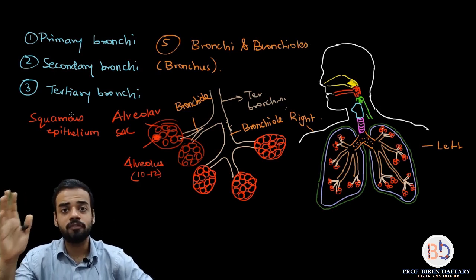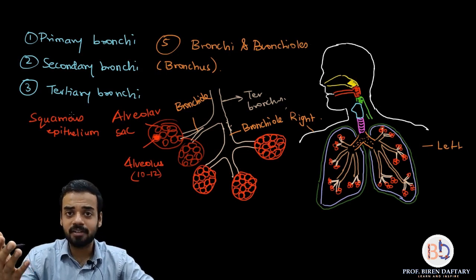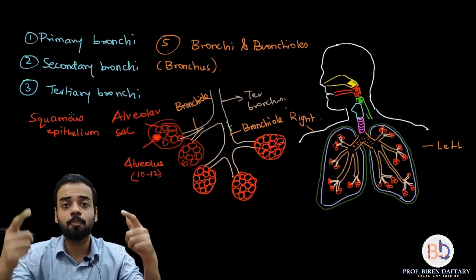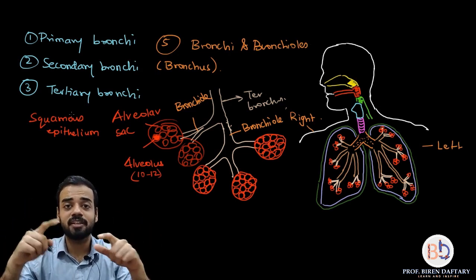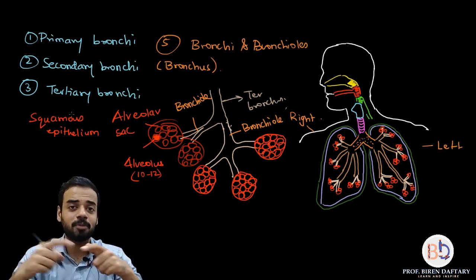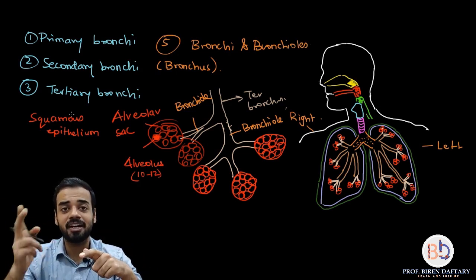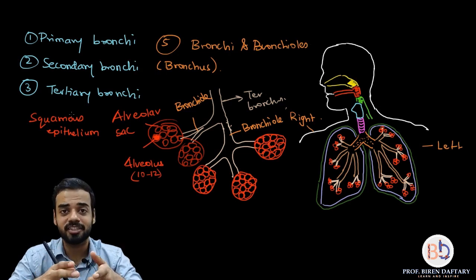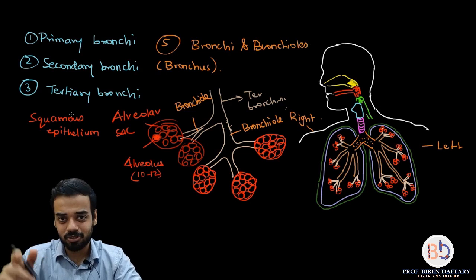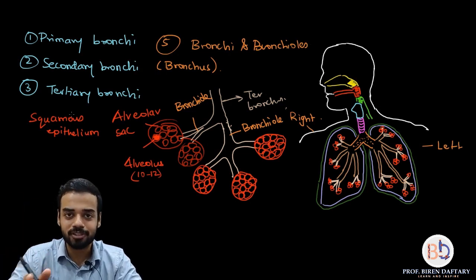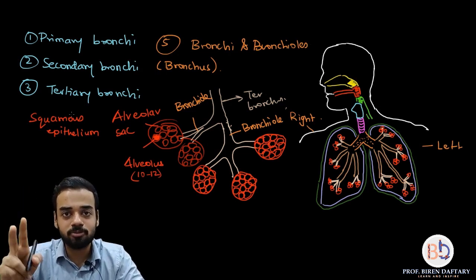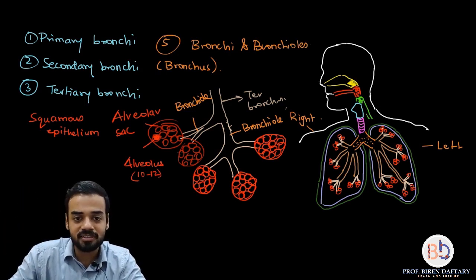So alveoli are surrounded by blood capillaries. I have already told you they are highly vascular because they need to diffuse gases. So pulmonary artery and pulmonary vein are the two vessels. Pulmonary means related to the lung. Pulmonary artery and pulmonary vein are opposite in nature. The pulmonary artery is the only artery which carries deoxygenated blood. The pulmonary vein is the only vein which carries oxygenated blood. I will explain this in the circulatory system because we are going to study that. But as of now, please remember that there are two types of blood vessels which surround these alveoli.